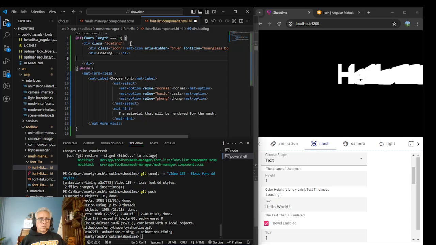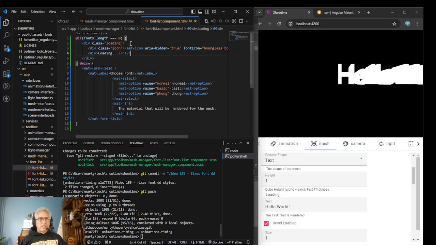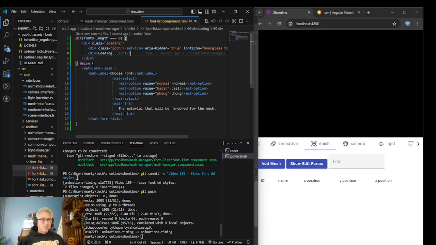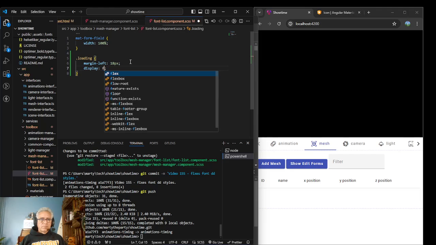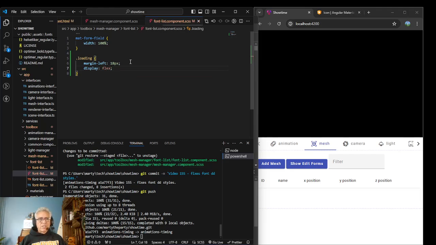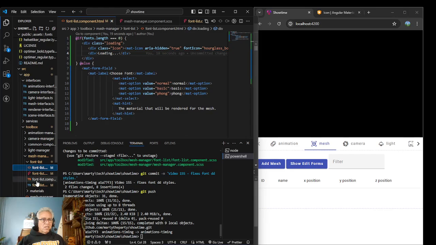And then the loading class, so that's the parent, we'll make that one display flex. And so what should happen is they should end up being side by side because of it. And then our new div, which was called icon,